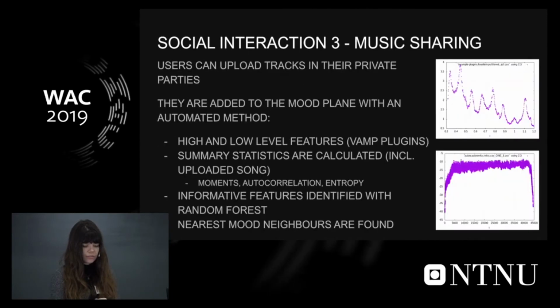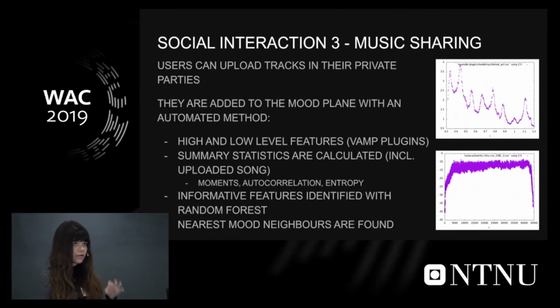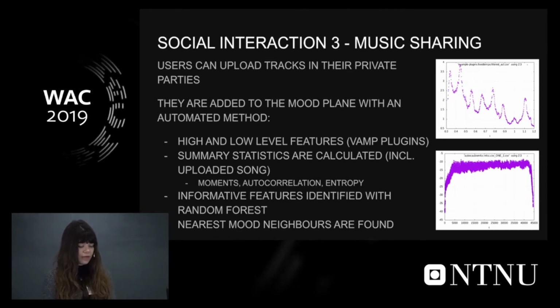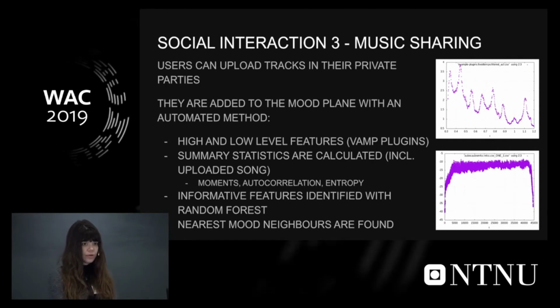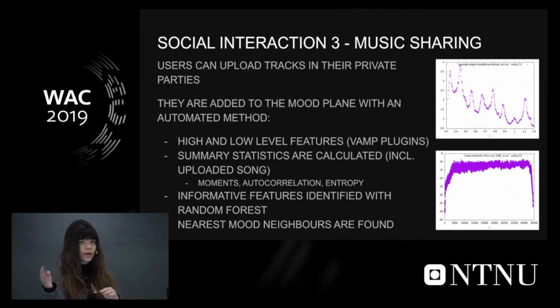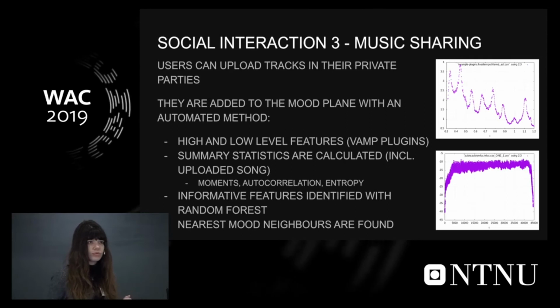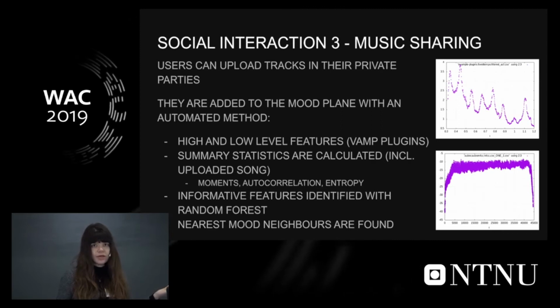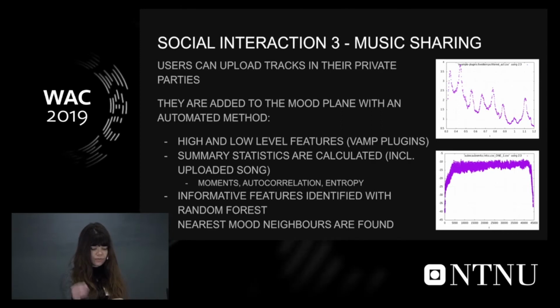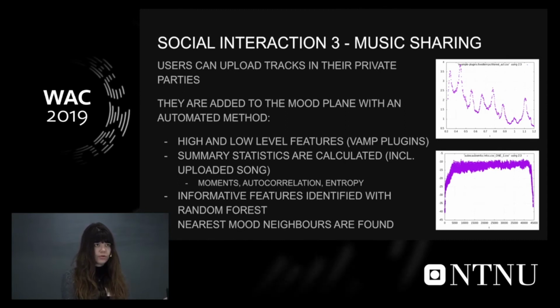And then the third option is that people can upload tracks themselves, and they get added to their own private party. The only caveat is that you don't have the mood tags for any given song. So here I present an algorithm to calculate where a song would sit if you want to attribute a mood to it. Of course, one option would be to do it manually, deciding yourself what you think. But what we did here is extract features from the whole data set